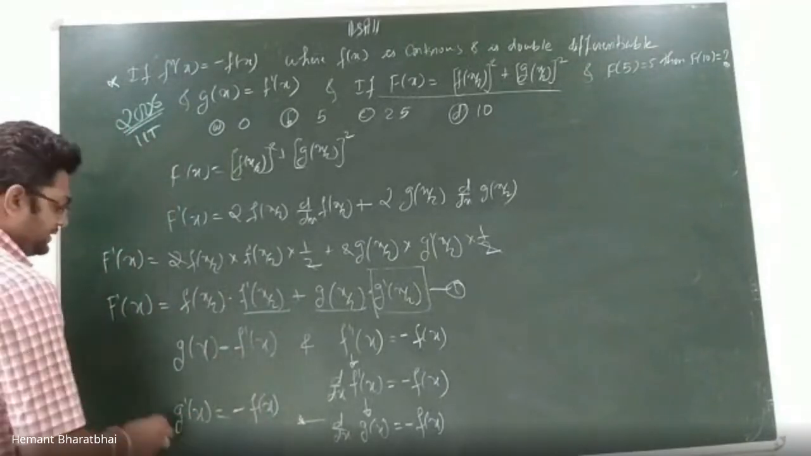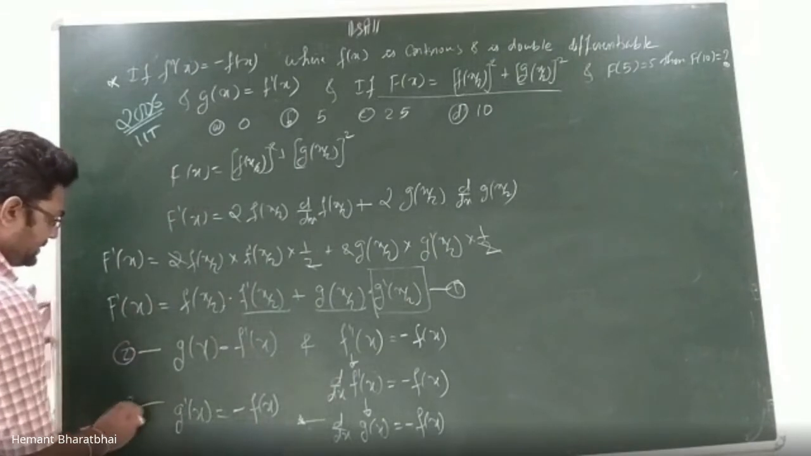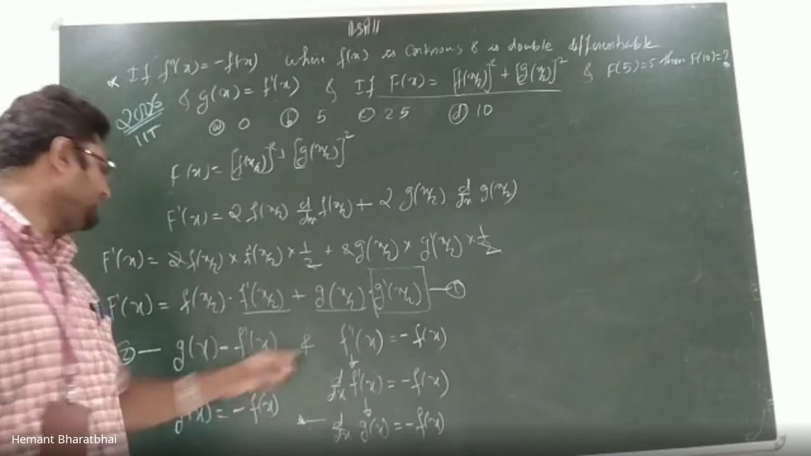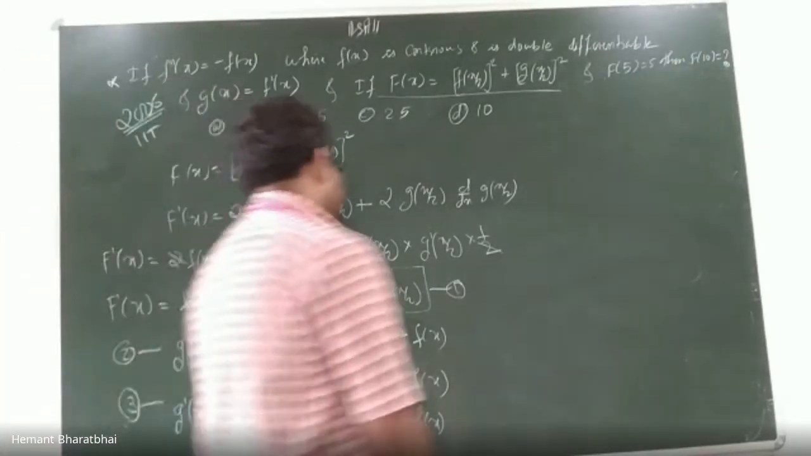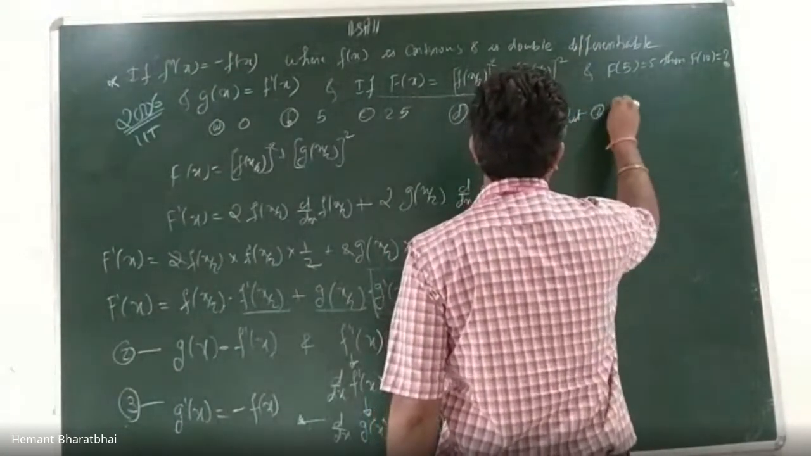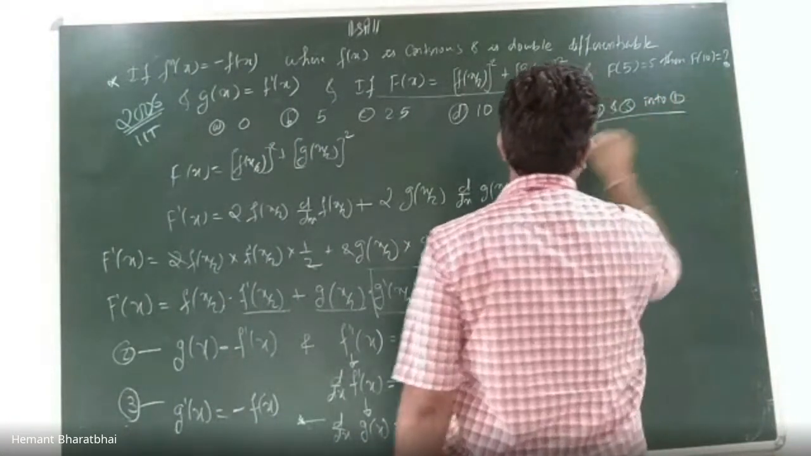Then substitute this value. This is my equation number 2 and this is my 3. So now I have the value of g of x also. I have the value of g dash of x also. So I'll substitute this value in equation 1. So put 2 and 3 into 1. Therefore I will get